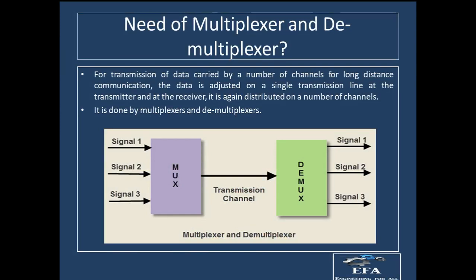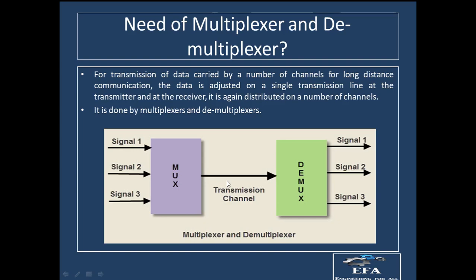So let us suppose that we are having a system in which a number of channels are coming, which are carrying the data, right? So if we want to transmit the data from one point to the other point and the distance between the transmitter and the receiver is large, therefore what we have to do is we have to adjust all the data coming from different number of channels onto a single channel. This is done so as to avoid the multiple laying out of the cables from one point to the other point, and therefore the network between the transmitter and the receiver will not be complex if we use the multiplexers and demultiplexers.